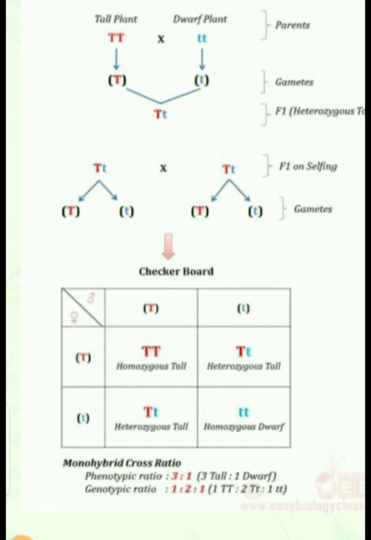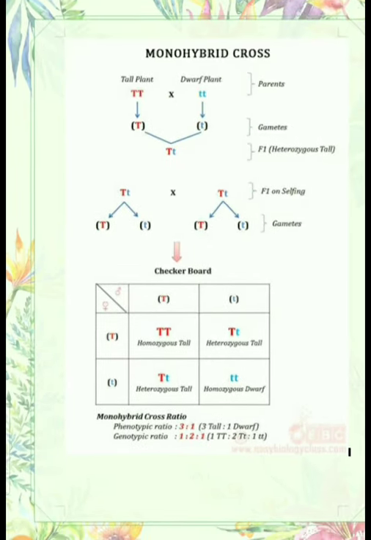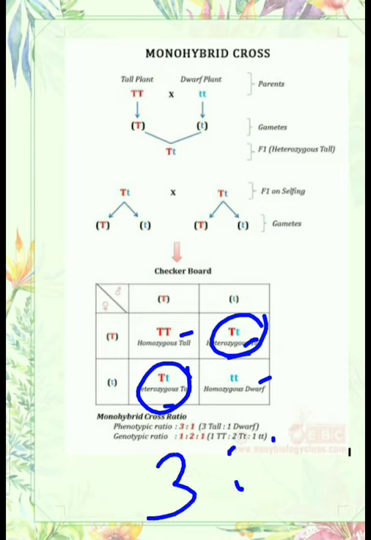So here you can see that we obtain four plants, and from these four plants one is homozygous tall, capital T capital T, and one is homozygous dwarf in which small t small t is present. But two plants are heterozygous tall. Heterozygous tall means these have the genotype capital T small t. But as you know, capital T is dominant, it will express itself in the presence of recessive also. But small t will not express itself in the presence of the dominant gene. So here we can say that three plants are tall and one is dwarf.